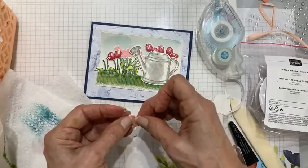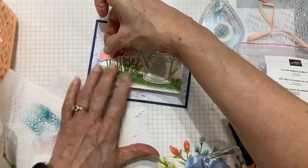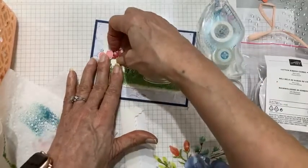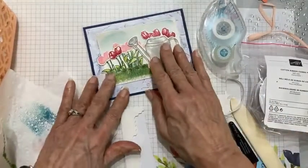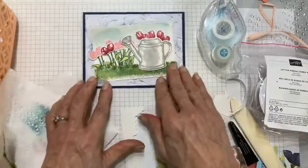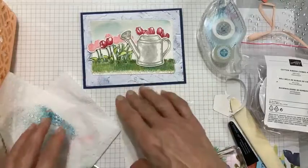We've used a lot of different ink pads, but you know what? That's part of what we love doing. We've added all these colors and ink pads, and look at that. Oh, I like that. Now I'm going to pop this whole piece up on dimensionals, and I do have a